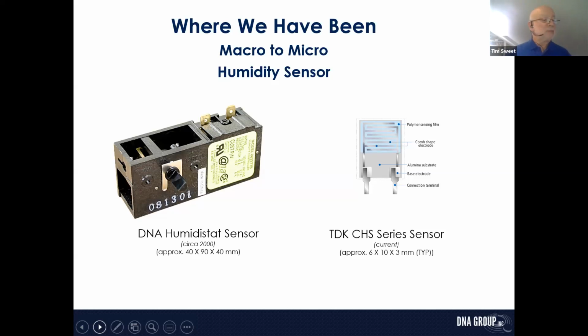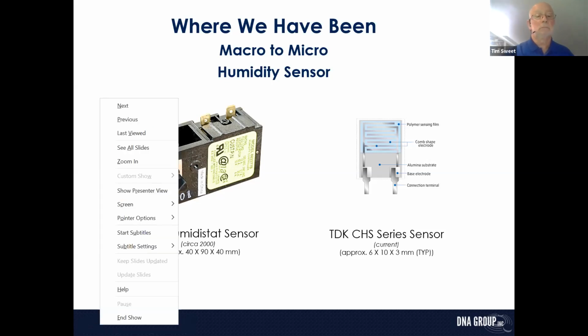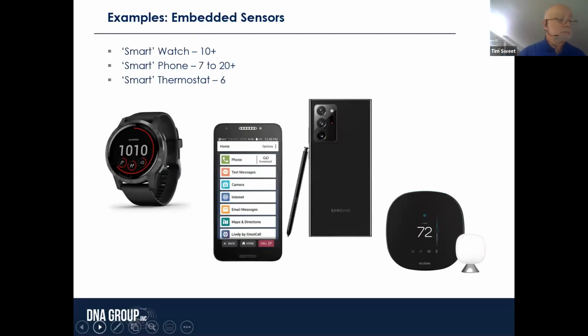So DNA Group has been in the sensor business for a while. And if you use the broader term, the snap action switch is really a sensor, since its generic name is not micro switch, that's a trade name, but limit switch. It senses a physical boundary and translates that to a binary signal, either off or on. Today's smart devices are smart in large part because of the embedded sensors.